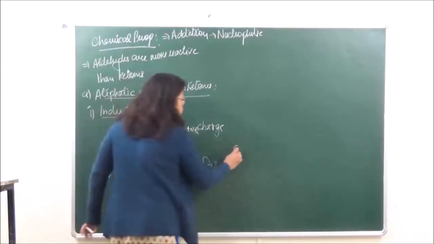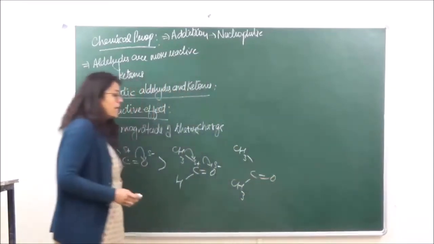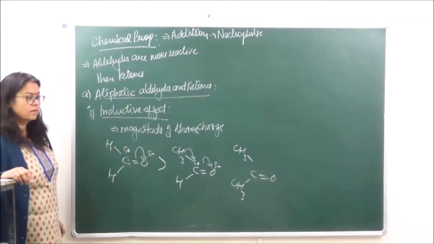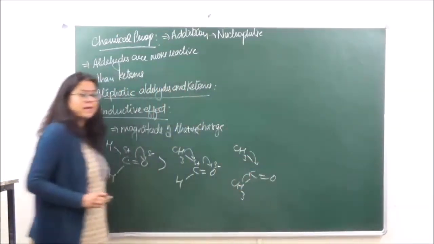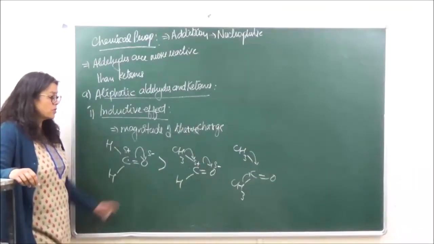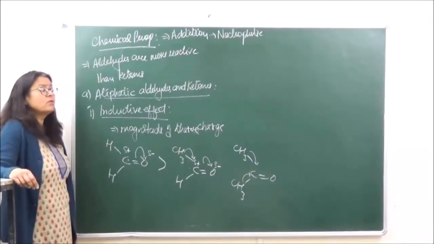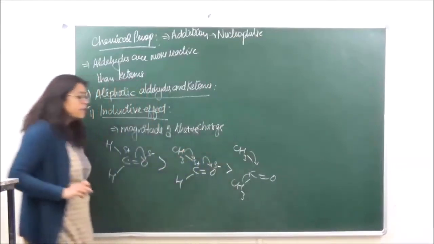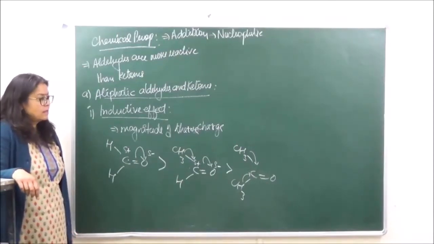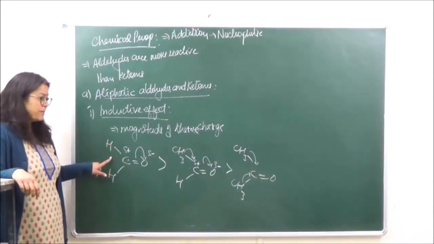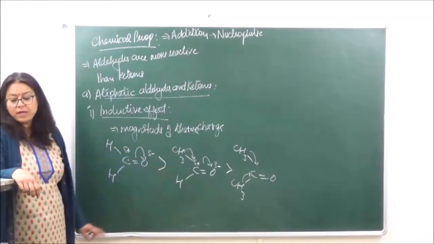And if you're taking ketones, in case of ketones, there are two alkyl groups which are present, isn't it? So this is also going to release the electrons due to plus I effect. This is also going to release the electrons, so the positive charge on the carbon is becoming more neutralized. And the intensity of the positive charge decreases further. Therefore, the reactivity of ketones towards nucleophilic addition is going to be again less. Okay, here no alkyl group is present, here one alkyl group is present, there two alkyl groups are present, so the reactivity will keep on decreasing.